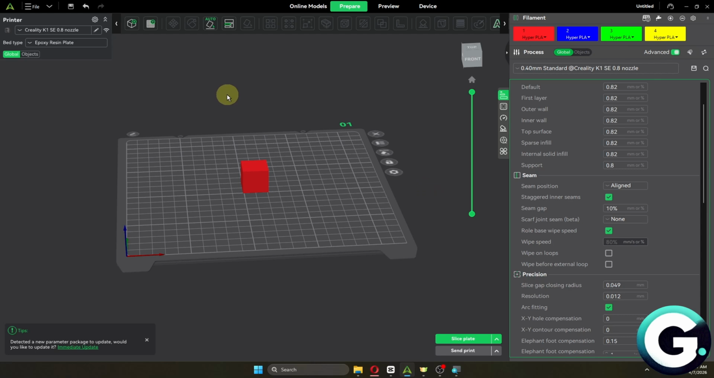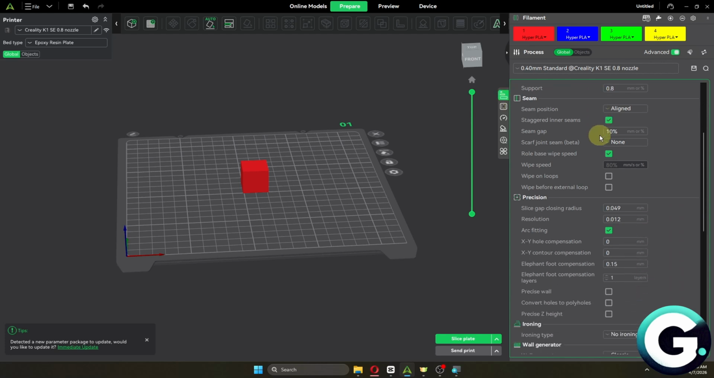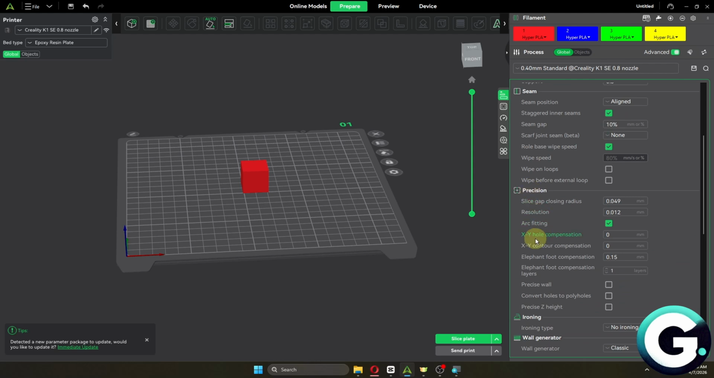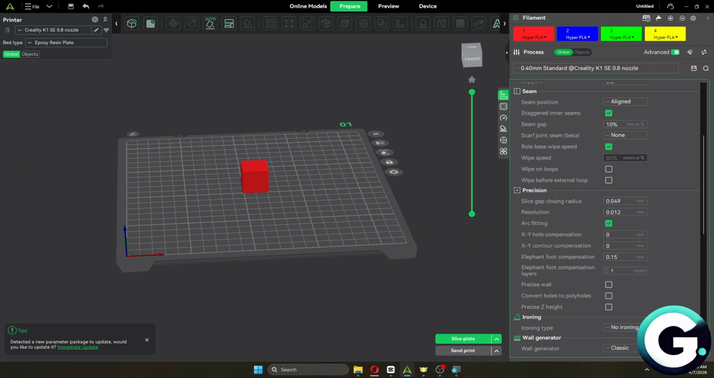So the first thing that you want to do is to just basically finish with your model. And from here, we simply want to head over to the side categories of our Creality Slicer. Now, on the sides panel, you have your quality, strength, and more. It's in the quality section. From here, scroll down, and under precision, we have the XY hole compensation, and the same thing with the XY contour